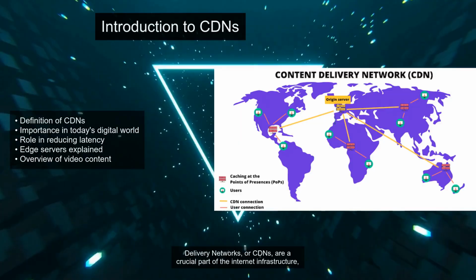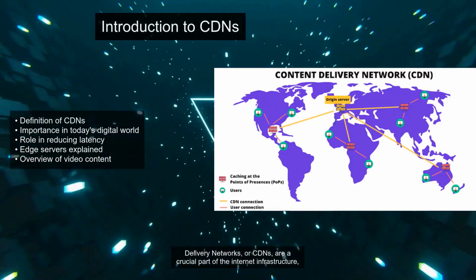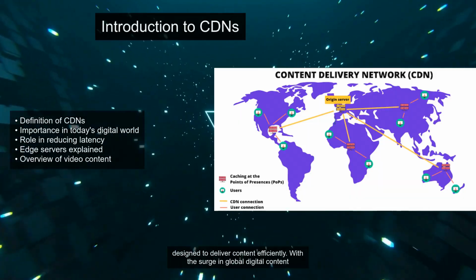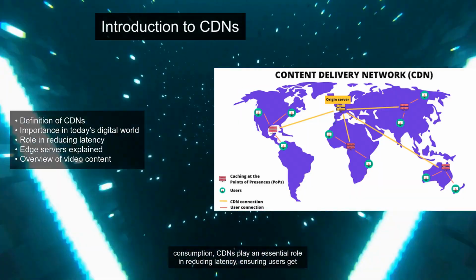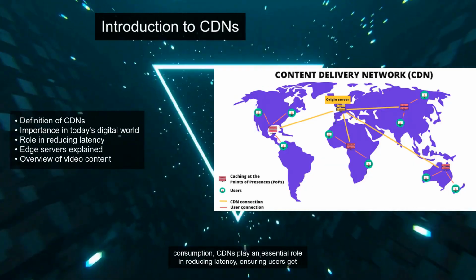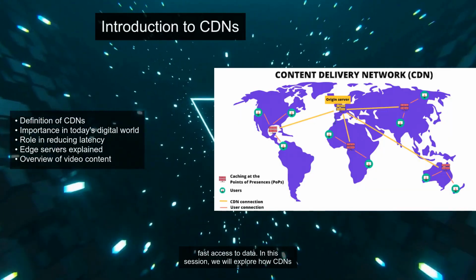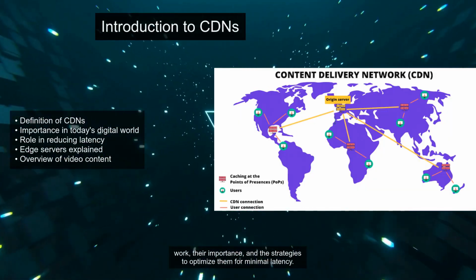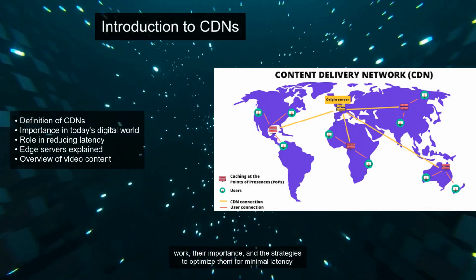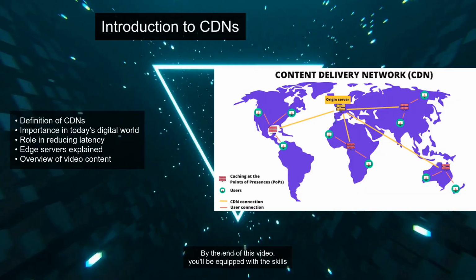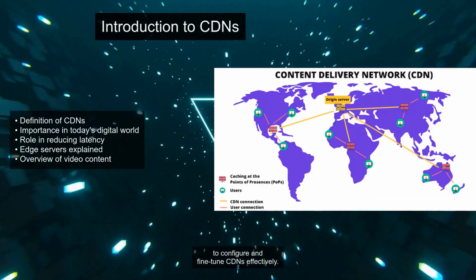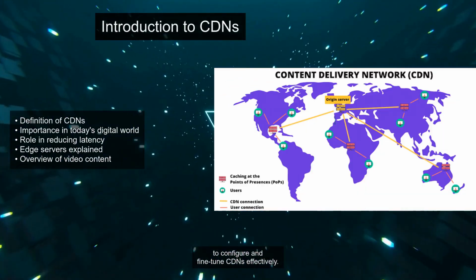Content delivery networks, or CDNs, are a crucial part of the internet infrastructure, designed to deliver content efficiently. With the surge in global digital content consumption, CDNs play an essential role in reducing latency, ensuring users get fast access to data. In this session, we will explore how CDNs work, their importance, and the strategies to optimize them for minimal latency. By the end of this video, you'll be equipped with the skills to configure and fine-tune CDNs